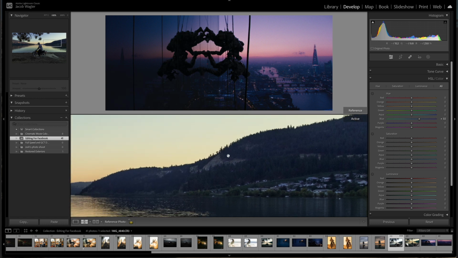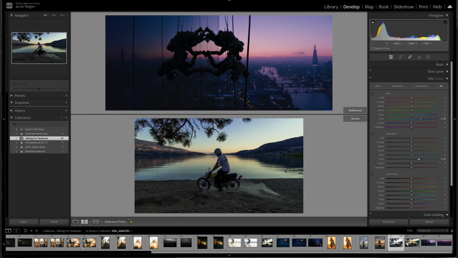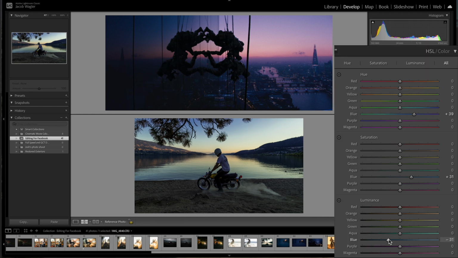So what I'm gonna do is I'm just gonna punch in, just check this here, not go too crazy. Let's boost up the sat here. So we're gonna have to really look up at the top part of our image here, and let's pull down the luminance on the blue. Okay, and then let's go to the purple here,